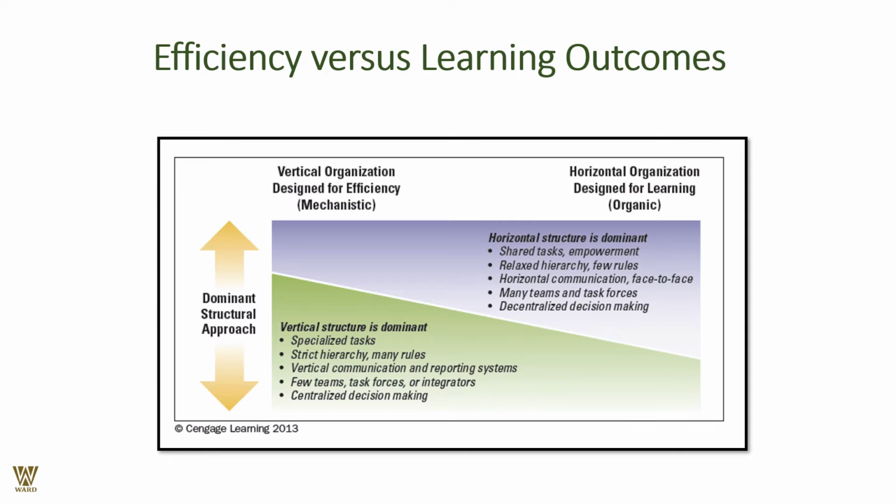It is organic in nature, whereas a vertical organization would be mechanistic because every role and responsibility has been defined for a particular position. A vertical organization would have a more dominant structure, but in a learning or horizontal organization, the dominant structure is much less. This is the dominant structure for a horizontal organization, whereas for the vertical organization see the amount of dominance; it's almost double. Vertical structure is dominant where the task is specialized, with strict hierarchy, many rules and responsibilities. These are things that need to be taken into account every moment.